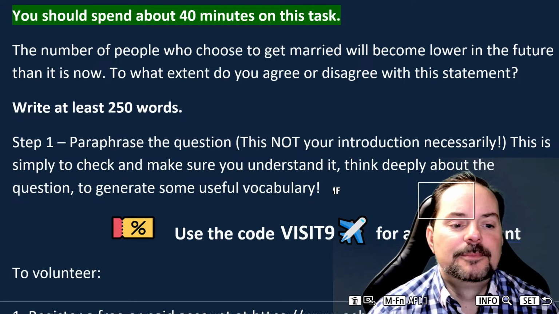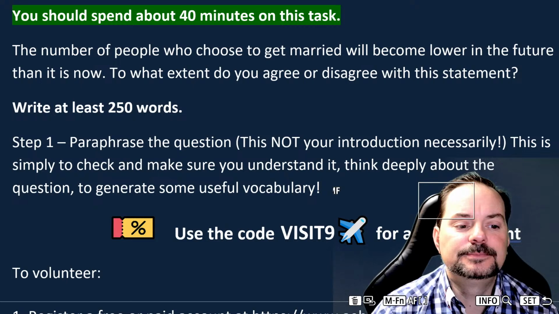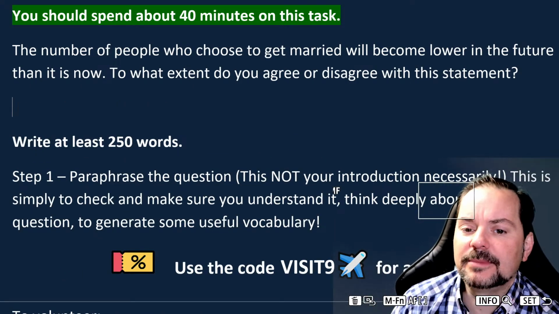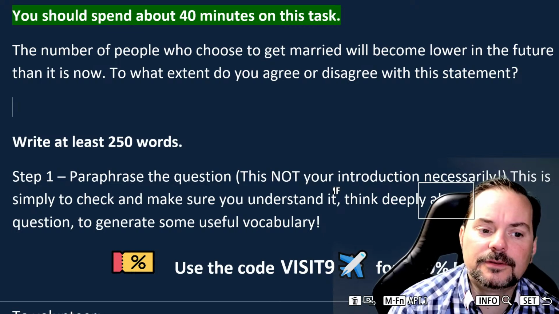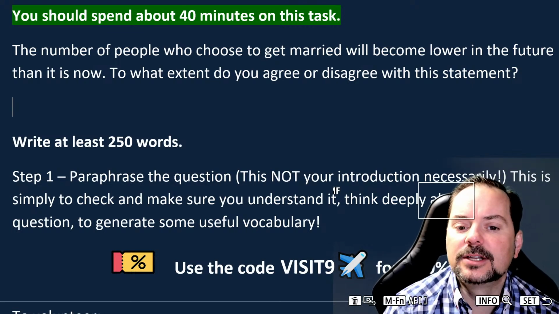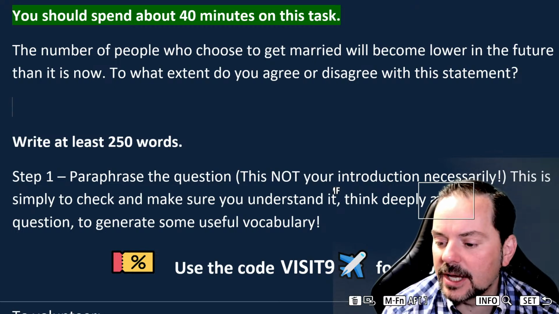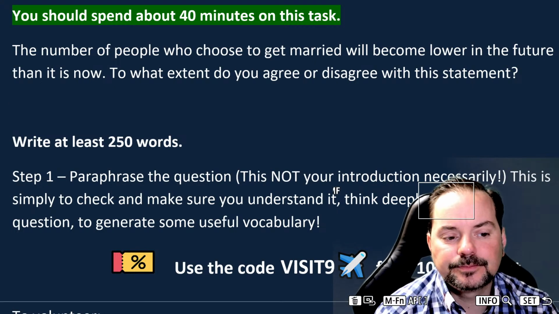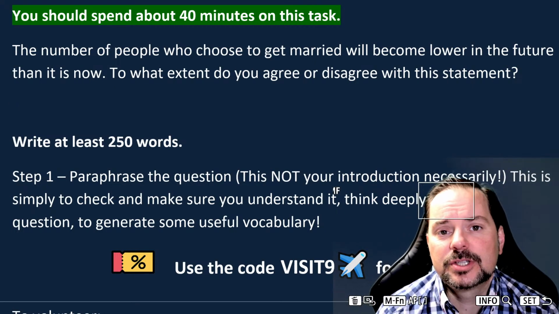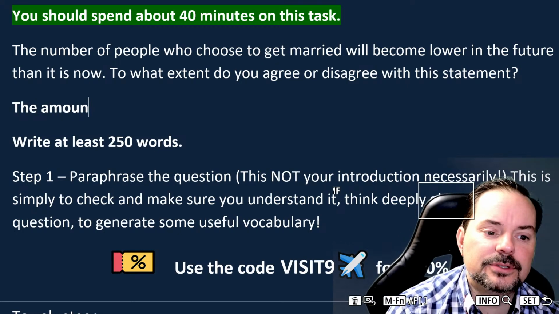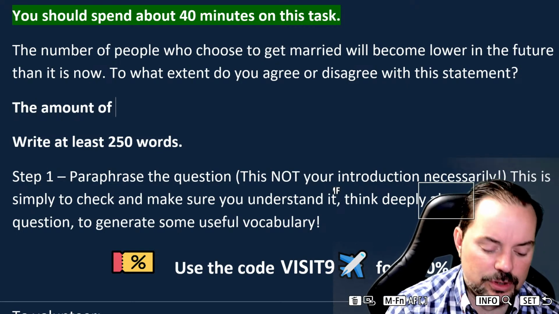All right, so let's do that. The number of people who choose to get married will become lower in the future than it is now. To what extent do you agree or disagree with this statement? Okay, so let's paraphrase this just so that we can start thinking about it. Okay, so the amount of individuals,